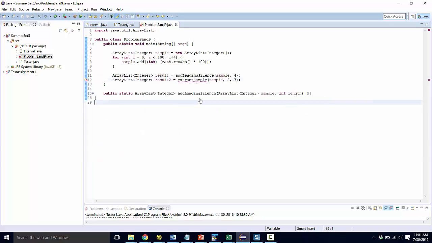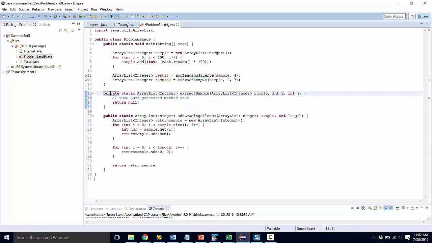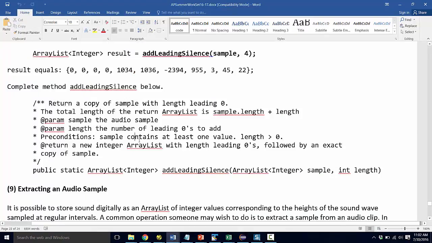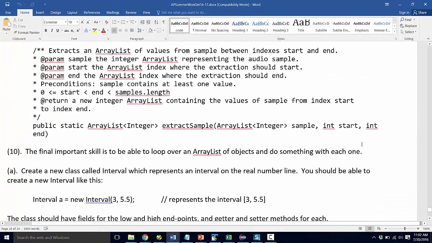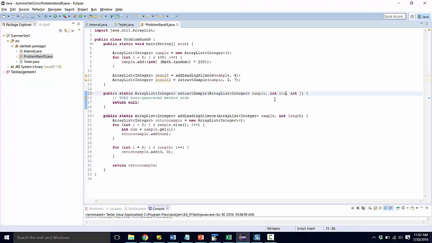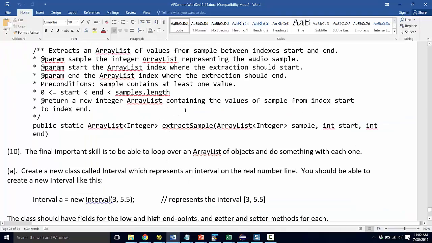So problem 9, I will create the method and I will make it public, and I will make sure my parameters are named something intelligent. So what were they supposed to be? In number 9, right, start and end. So I'll call this one start, and I'll call this one end. And again, I want to return a new array list that contains the values starting at start and ending at